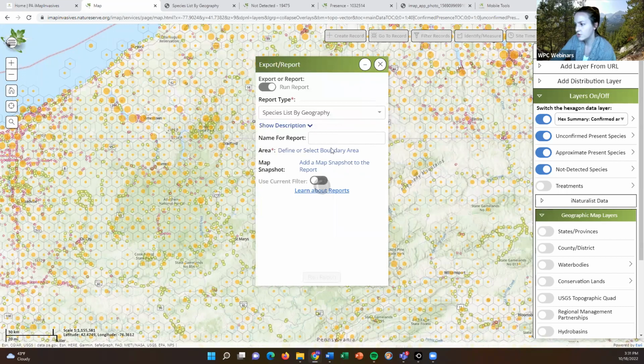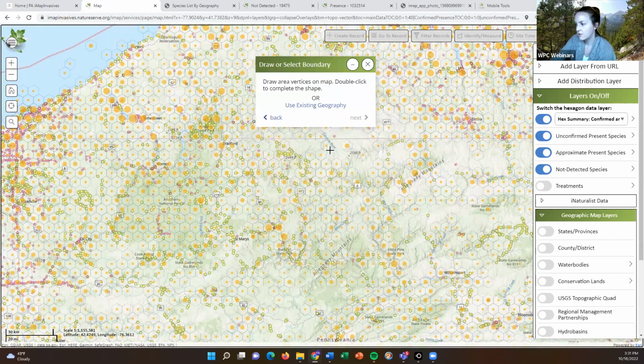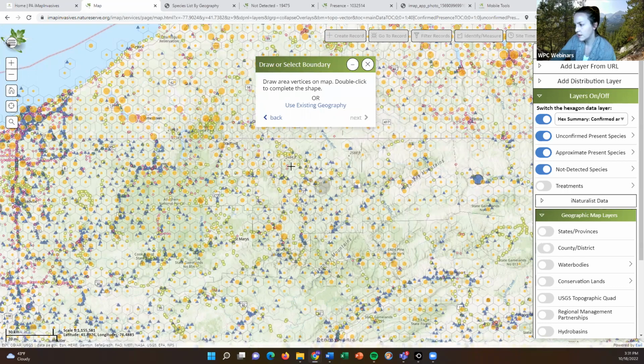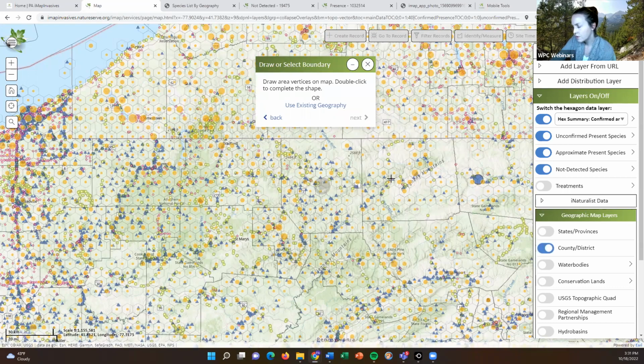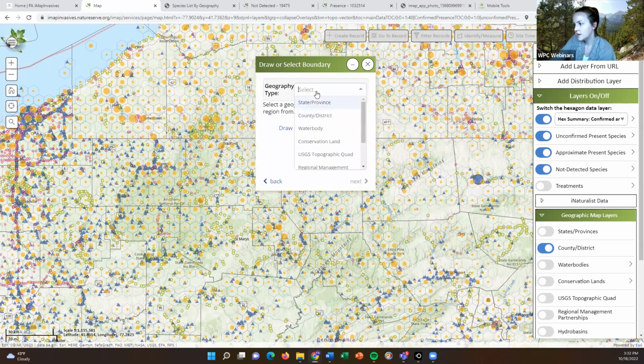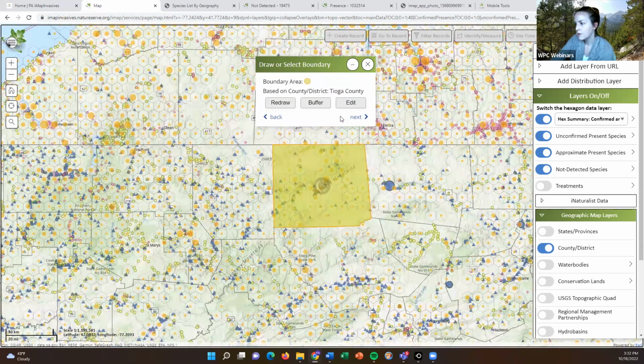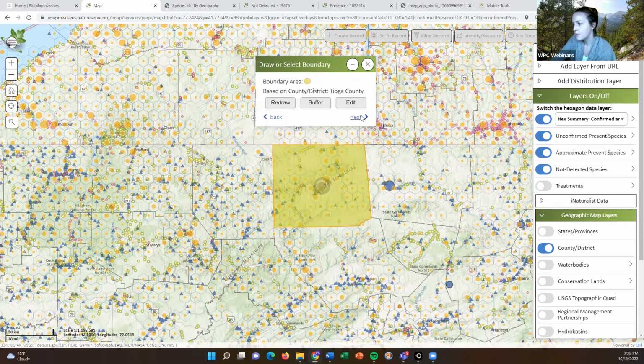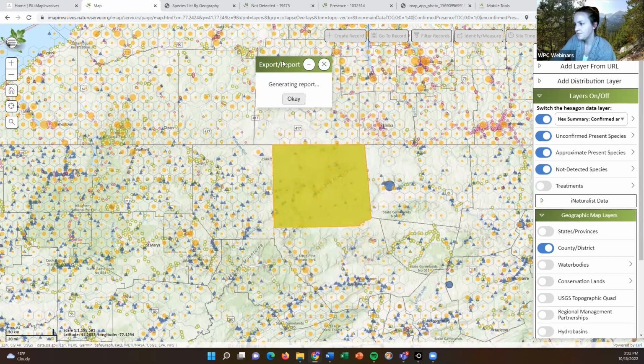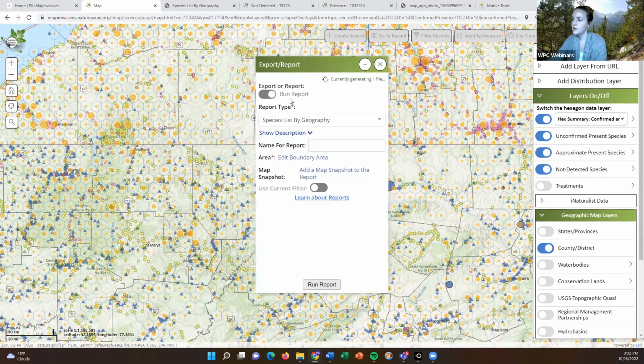And then we'll do our report again the same way that I just did it. So we'll say species list by geography, define or select the boundary area, turn on my counties. Use existing geography, county. Okay, here we go. Oh, Tioga, got my wrong one, sorry. All right, well, we'll just go for that for now. So we'll go ahead and say run report. And then that will generate, and we can get a full list of all the species that have been found